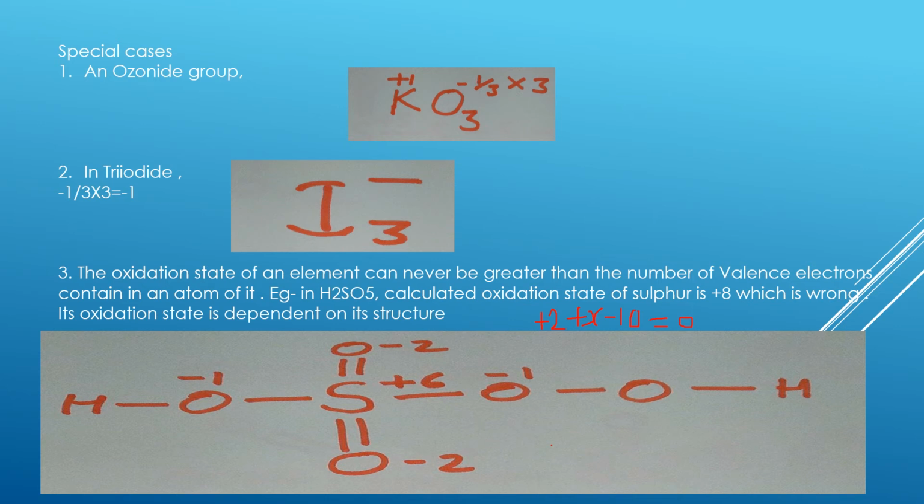Just look here. This is oxygen, OH, so charge is -1 on it. It is doubly bonded, this is oxide, -2, -2, and here -1. This is peroxide, so on one oxygen, charge is -1. Finally, if we add all this, it will be -6. So on sulfur there will be the opposite charge, and it will be +6. So through structure, we can understand its oxidation state. Now many other examples I will also discuss.